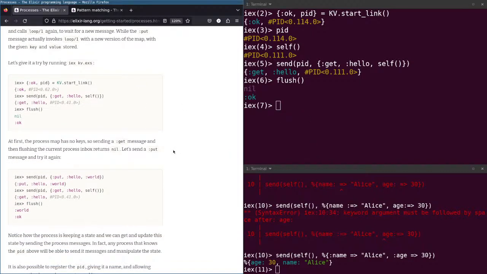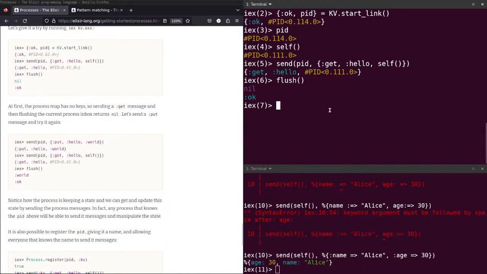At first, the process map has no keys. So send a get message and then flush the current process inbox and return new. Let's send a put message and try again. Send PID, put message, hello, world.